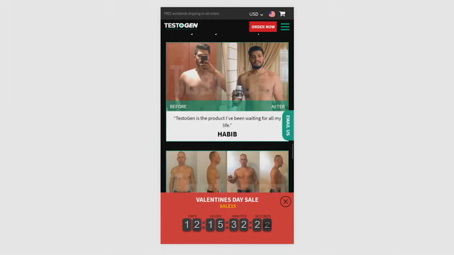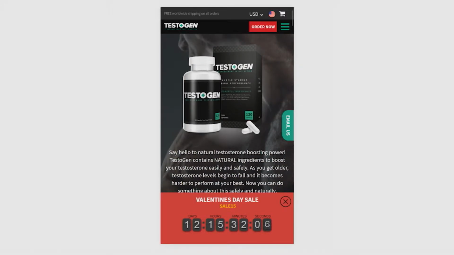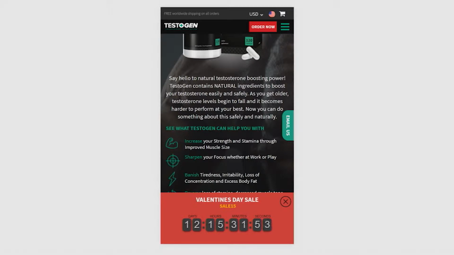In the mobile environment, this conversation occurs in the vertical flow of that rectangular screen size. And what we see at the top is a headline, "Natural Testosterone Booster, Amazing Results." Now, at that point, you've said something that everybody else in the world says, trying to sell a similar product. In fact, we've used cliched words, which sometimes will still sell, "amazing results." And then we have the kind of content that I think should be challenged in a test, going back to